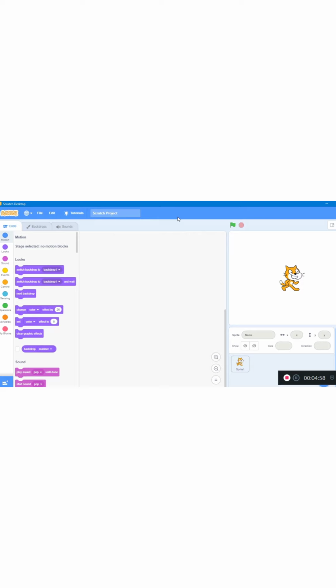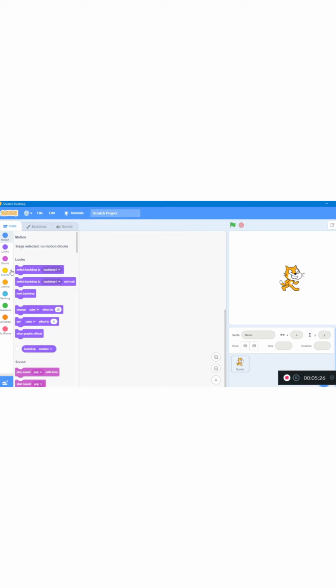There are 11 hat blocks in Scratch, 6 of which are in the event category, 1 in the control category and 1 in the my blocks category.